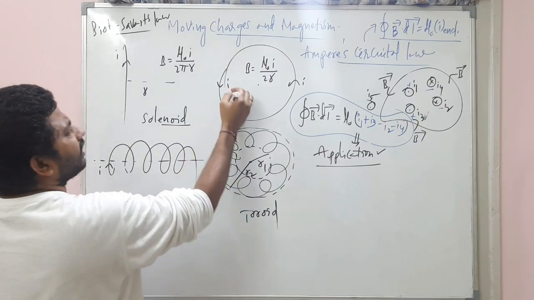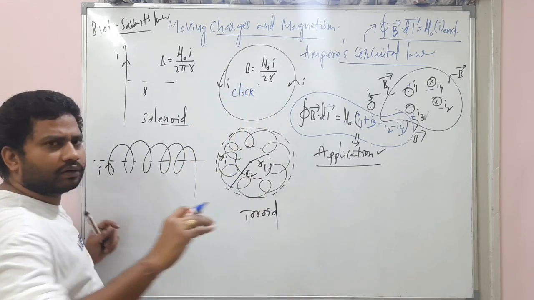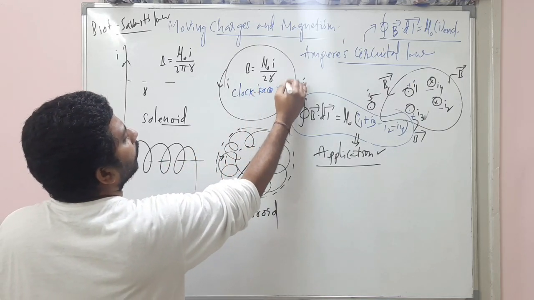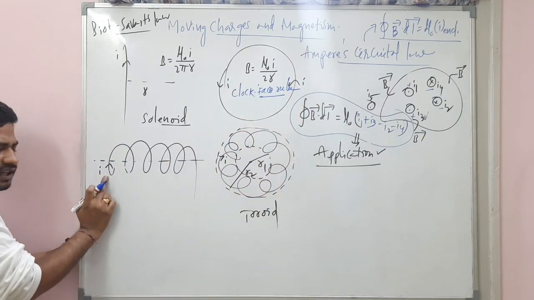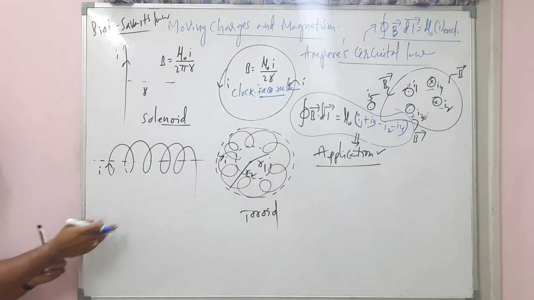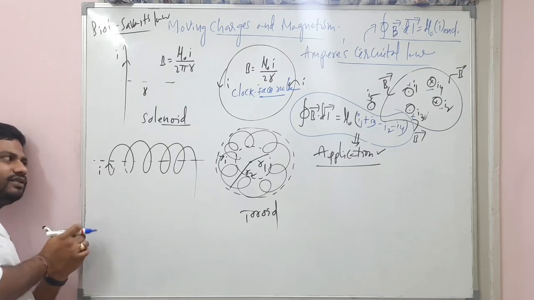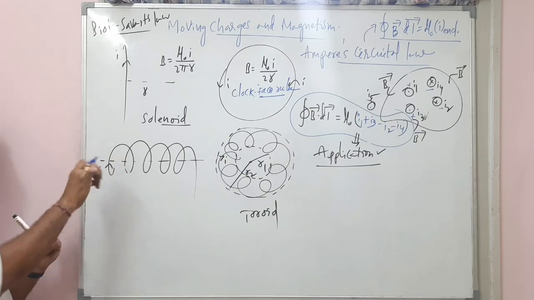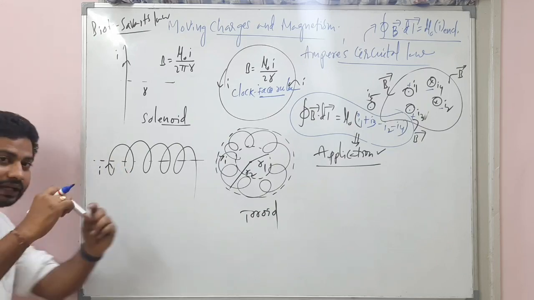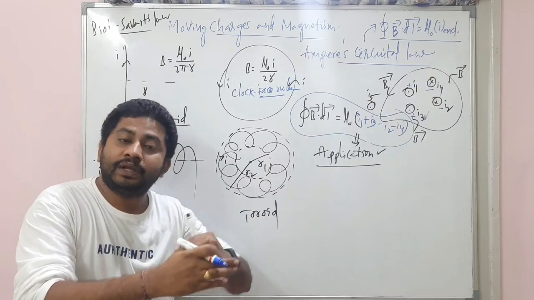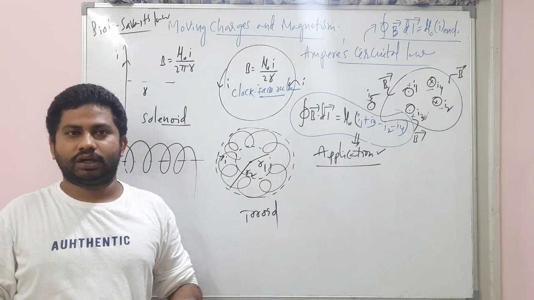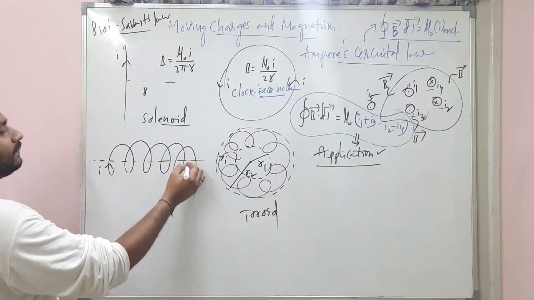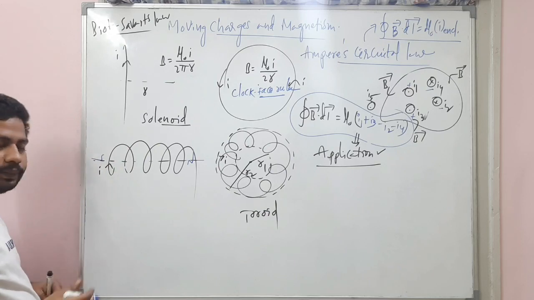And you might remember the previous concept called the clock face rule. Now, from this side, the current is passing. When you are looking from this end, is it clockwise or anti-clockwise current passing through this particular loop? So that particular face of the coil will behave as a particular pole of a magnet, north pole or south pole, whatever it may be. So I am just imagining that this is the north pole, this is the south pole.